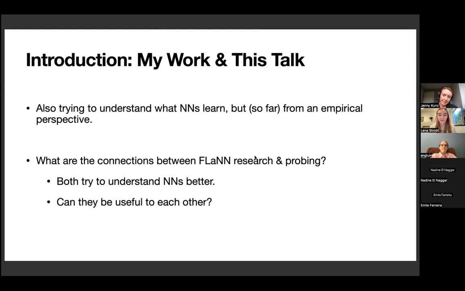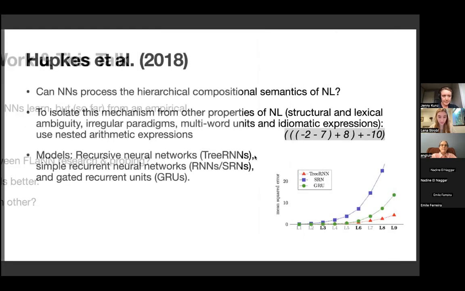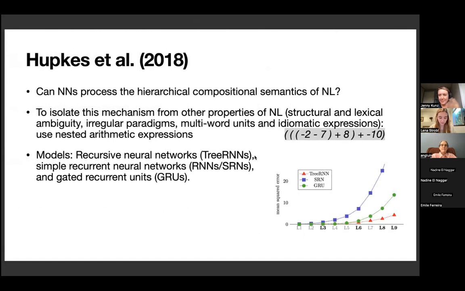But so far I work from an empirical perspective. And to argue a bit that there is a relation, I'd like to say a few words about